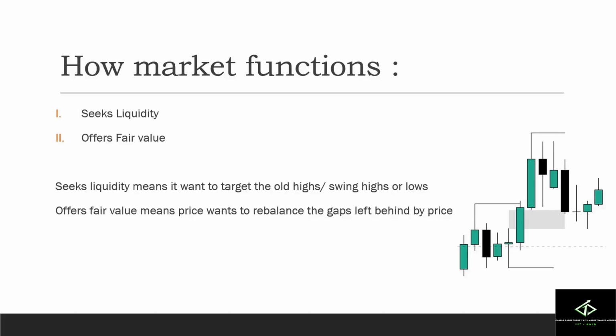In that case, what you can do is analyze multiple pairs, right? On some pair you will definitely find these kinds of impulsive legs. So it becomes easier when you have a clear impulsive leg. Then you can wait for the price to hit the fair value gap, go to the respective time frame, and look for your SMT that we talked about in the bias video. If we get our confirmation for the bias in our direction, from there we can look to target